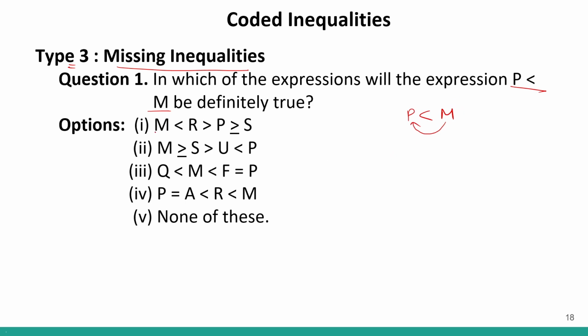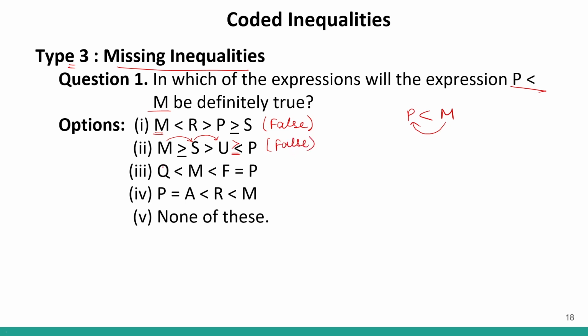Over here I can see in front of M, do we have a bigger door? No. So I can say over here it is false. Correct? Now coming to option number 2. I do see a bigger door. From bigger door I have moved to S. From here I have moved to U. But now we have a smaller door. So can we proceed from U to P? No, because we need a bigger door. We need this sign. Therefore, this is also false.